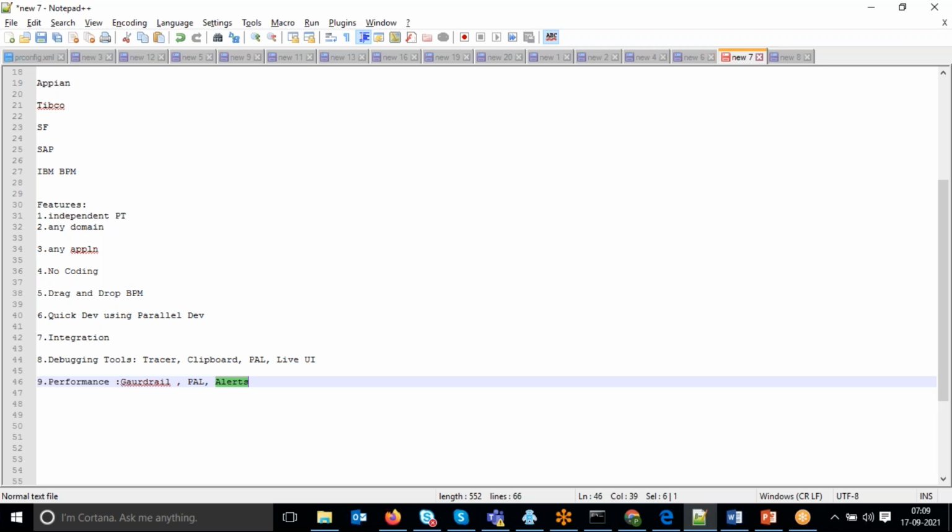You won't find this anywhere else, in any BPM tool or any language. We have this kind of inbuilt feature, not manual. Again, I'm telling you, everything is automation. So this is about performance tools.